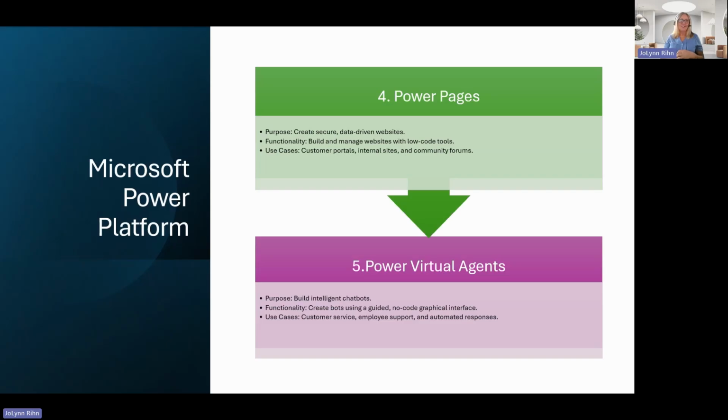We're going to see that, of course, here today. So the information in your handout, just so everybody is aware, is really just describing what exactly is Power Automate at the beginning, and then going through and giving you the purpose, the functionality, and some use cases for the different Power platforms that I have been showing on the screen.